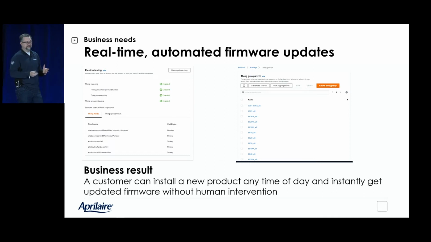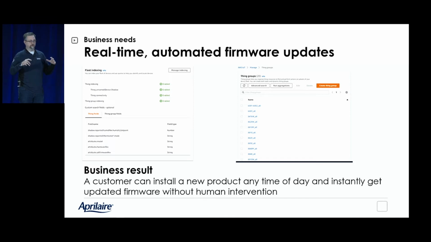And through fleet indexing, we were able to understand when one of our devices connects to our platform, we automatically put it into a dynamic group based on its model number and reported firmware version and hardware version.